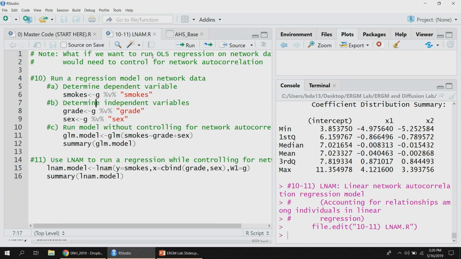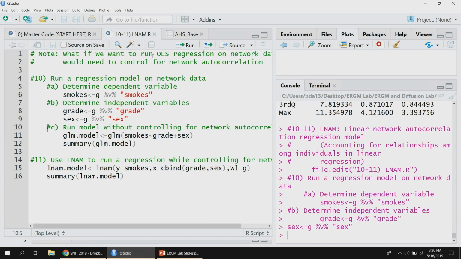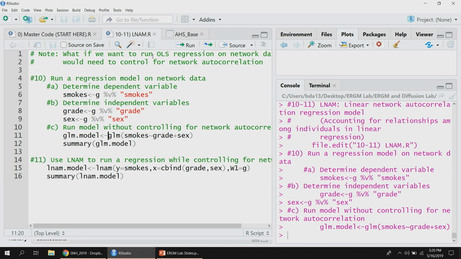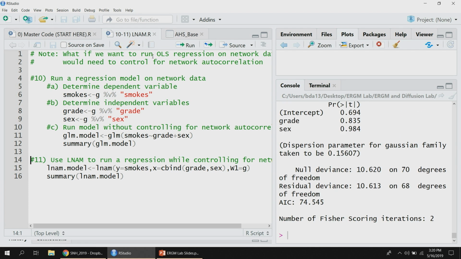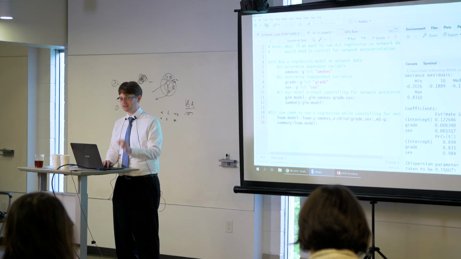Basically, doing sociology. And so here we're first going to run just a standard regression model. Just, does your grade and your sex predict your smoking behavior? If you've used R before, the GLM function, this is just a linear regression. Here it's saying our Y is smokes, our dependent variable is smokes, as determined by grade and sex. And if you do just a standard linear regression, you get here the estimates are tiny, the p-values are tiny. So it looks like your grade and your gender don't, at least within this tiny little network, predict whether